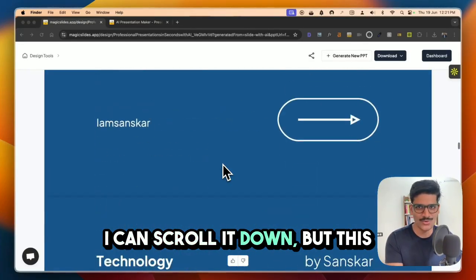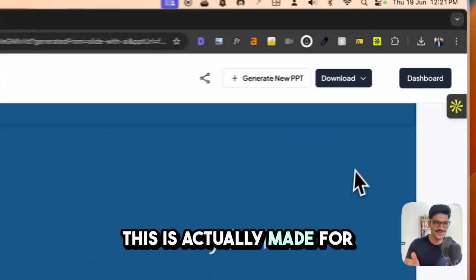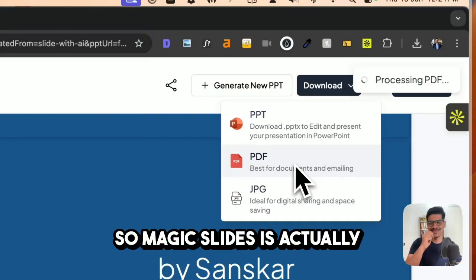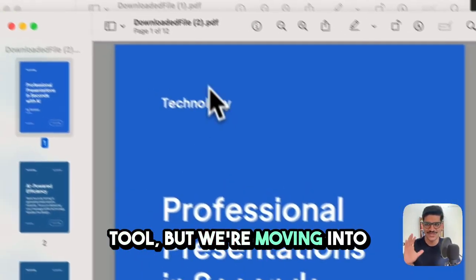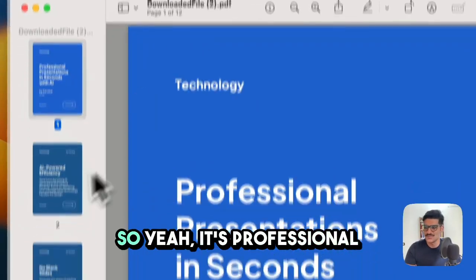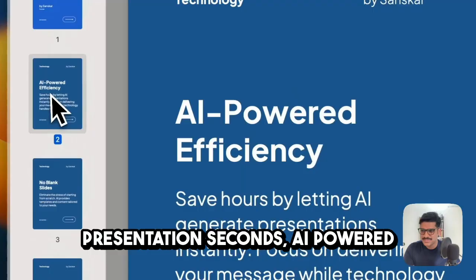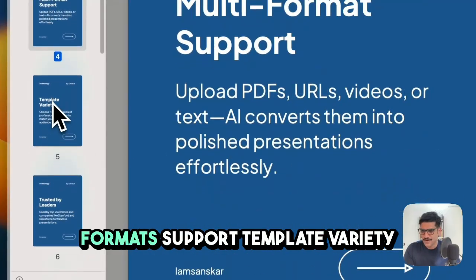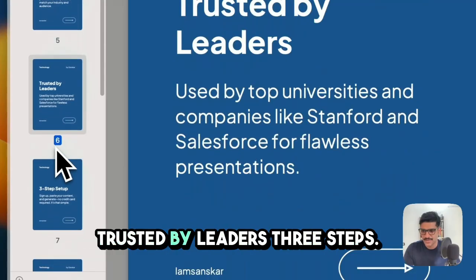I can scroll it down, but this is not the best view. This is actually made for our default thing. So MagicSlides is actually a presentation generation tool, but we're moving into all sorts of generation. So yeah, it's professional presentation, seconds, AI-powered efficiency, no blank slides, multiple formats, support, template variety, trusted by leaders, 3